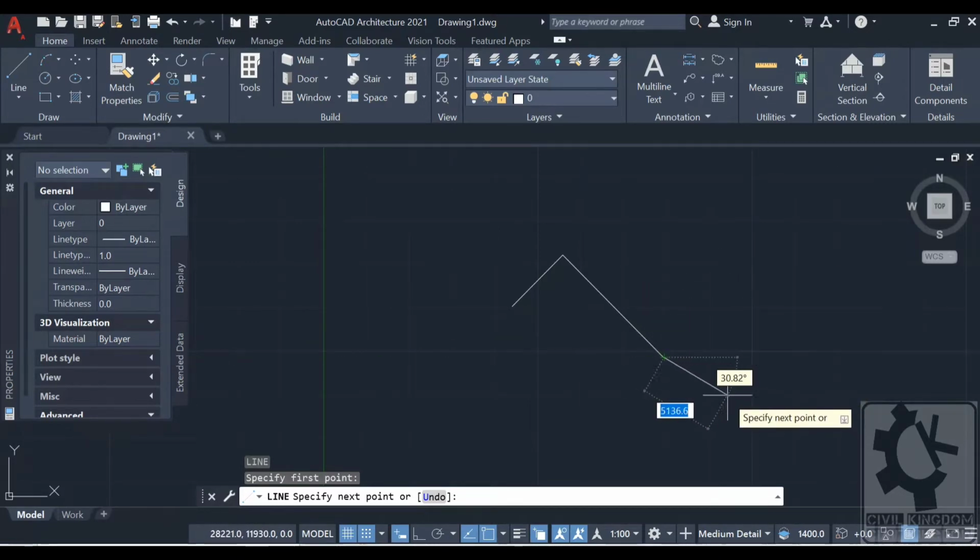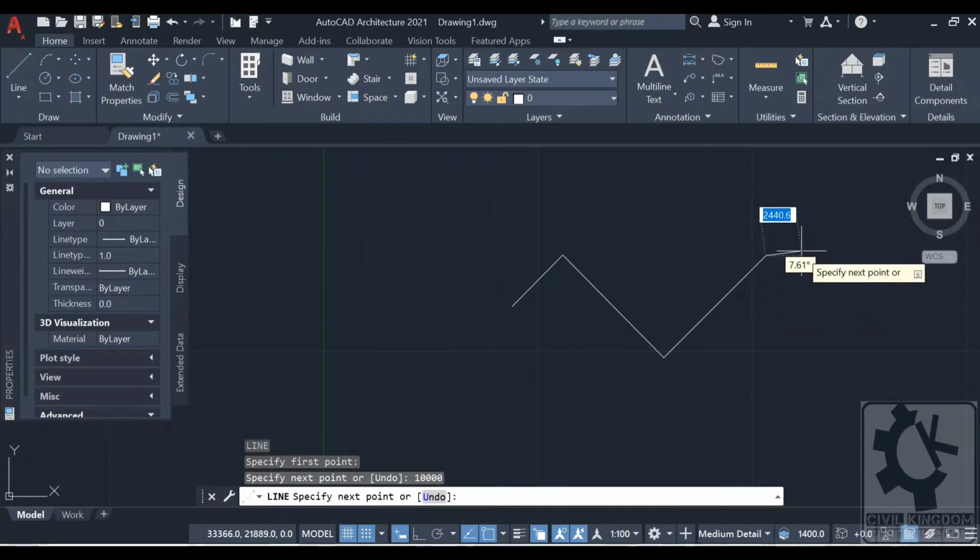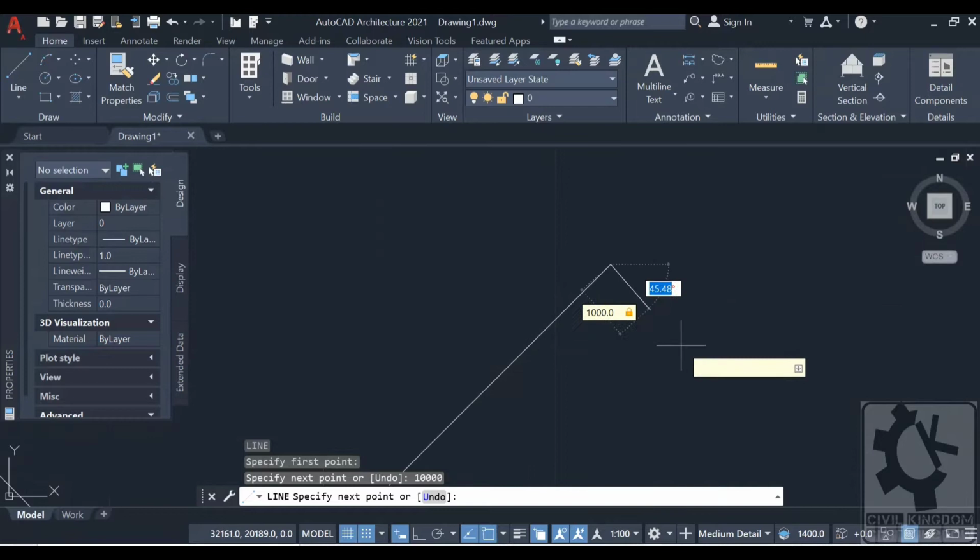Okay, you can also do it by seeing in the screen, say 10,000, tab. Okay, say I want 50 degree.